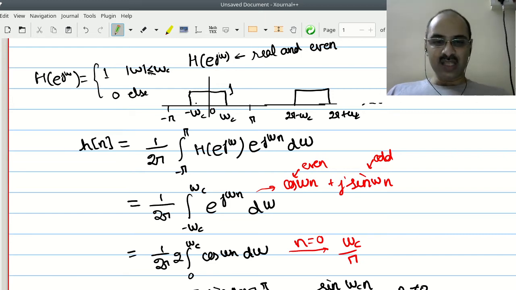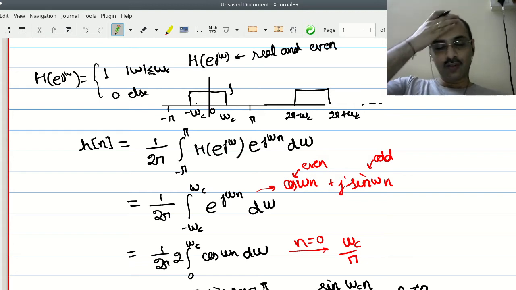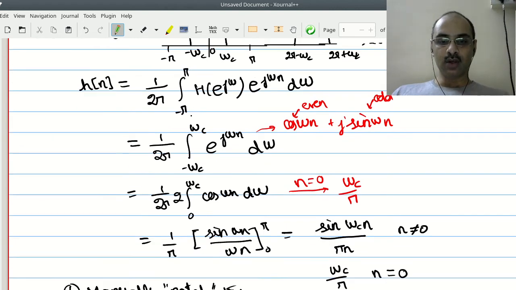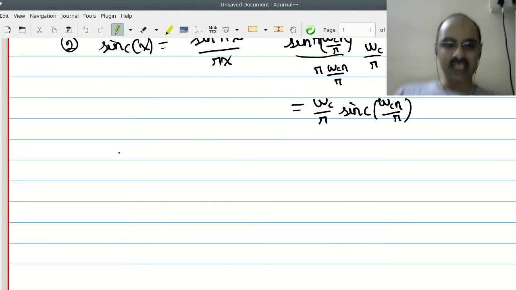So for frequencies which are to the left of omega c and right of omega c, that is frequencies less than omega c and more than omega c, what the ideal low pass filter does is very clear. You give it an input which has a frequency less than omega c, you get the same thing as output. You give an input where the frequency is more than omega c, the low pass filter cuts it off. You get 0 as the output. You give a signal which has a mixture, it gives only that part which has frequencies between minus omega c and omega c.